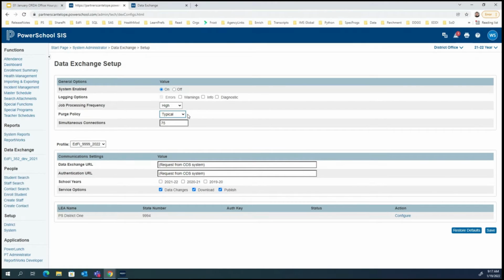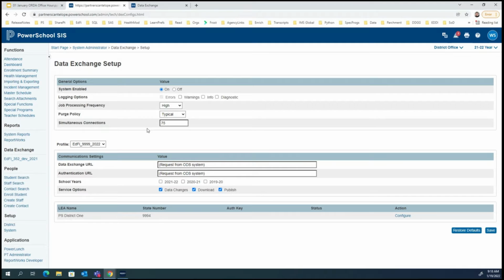So this cleanup usually happens about every 5 days or so, and there's apparently not a huge range, is my understanding, between seldom and aggressive. The aggressive setting would keep the fewest number of records or days. But again, there's not a huge range, so we're just going to go with typical for right now, and you could change that. It probably wouldn't hurt anything, but that's just what we're going to pick.